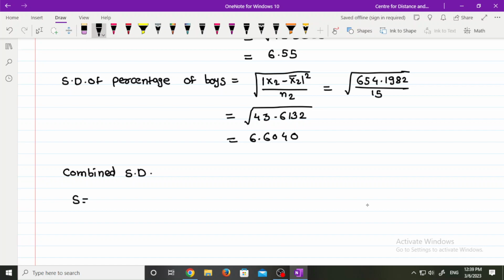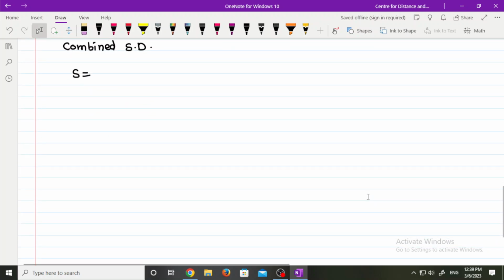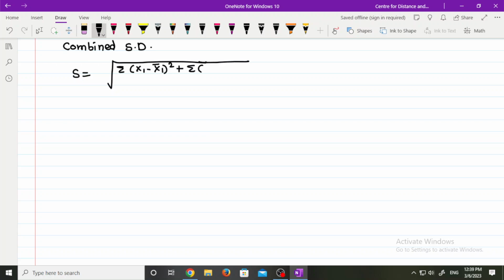This S is equal to the square root of the summation of x1 minus x1 bar squared plus the summation of x2 minus x2 bar squared, divided by n1 plus n2 minus 2, which is equal to the square root of